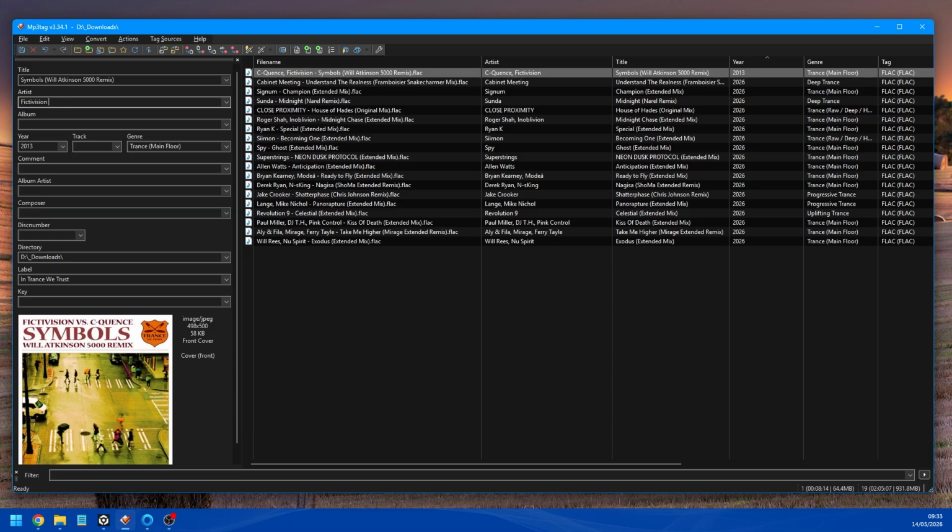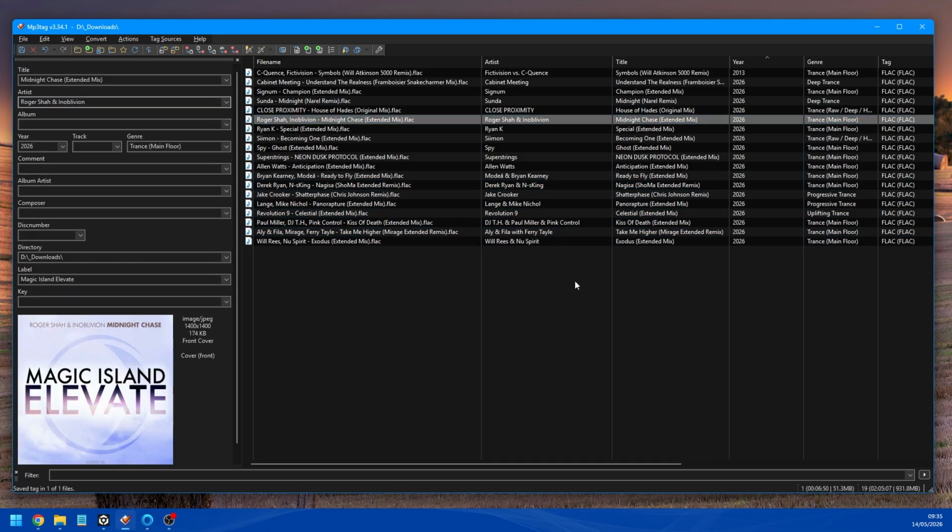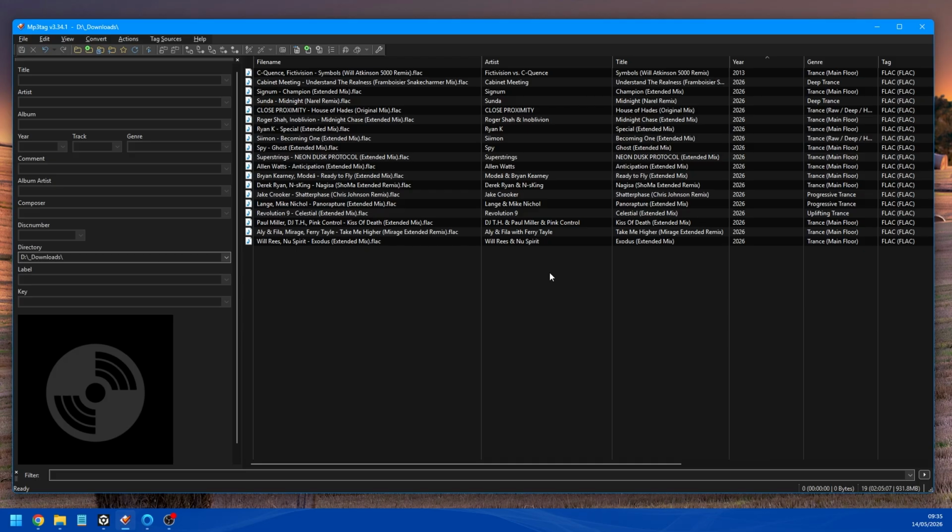So Fict Vision versus Sequence, and save that. And I now go through and see if there's any other tracks. I've got this one here that needs changing as well, so I just amend that, save that, and I will now go through and amend any others that need changing. So now I have all the artist names correct and the years. Next thing I do is the